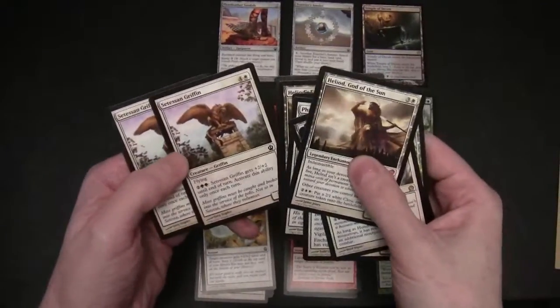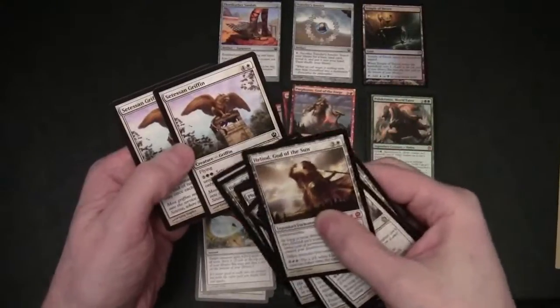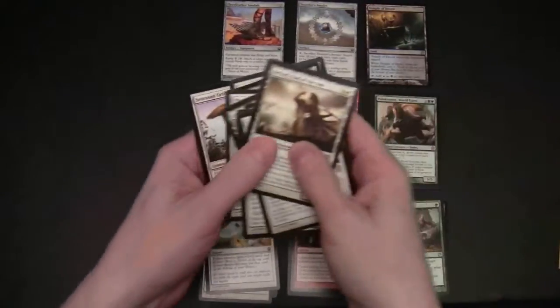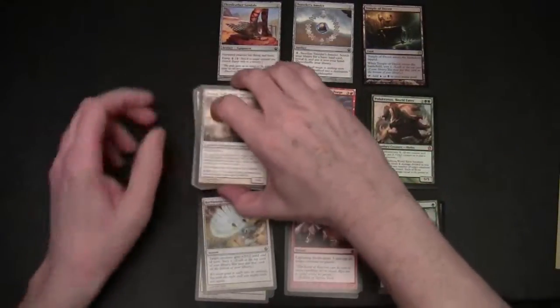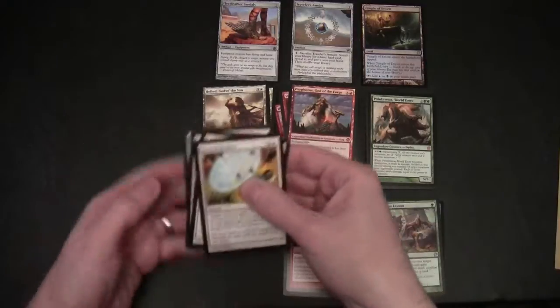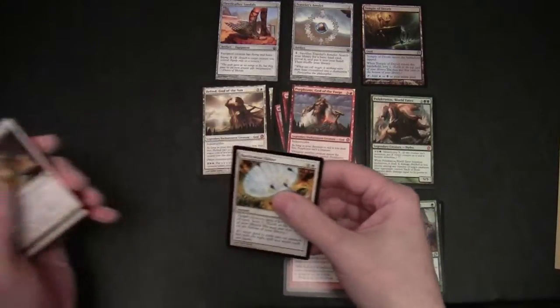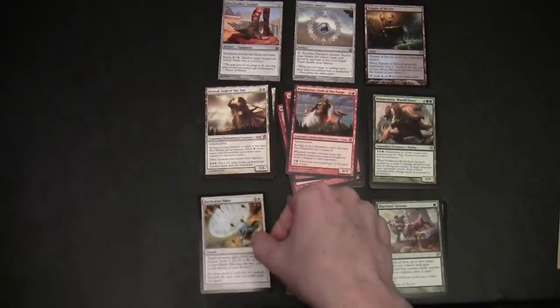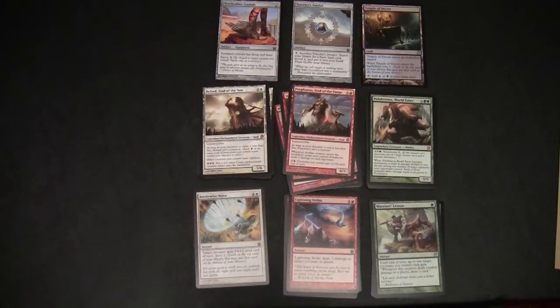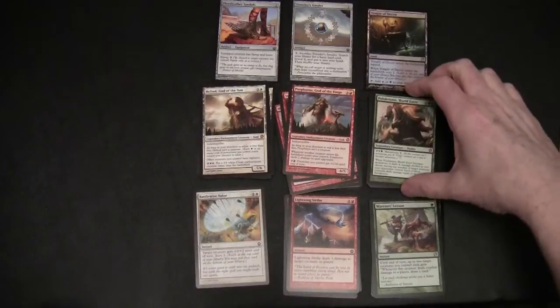And then we've got Setessan Griffin. Again, this would be more at home in a green-white build. Seeing as I wouldn't be playing more of a controlling, passive build here, I'm just going to remove those. So that leaves me with 1 support card to contribute from white. Moving to green,